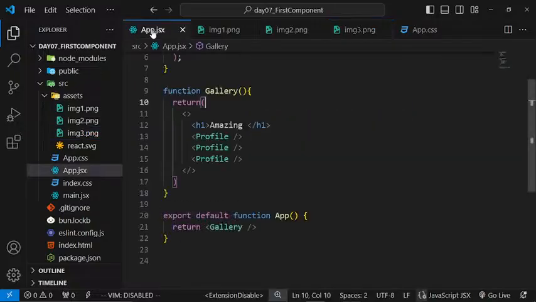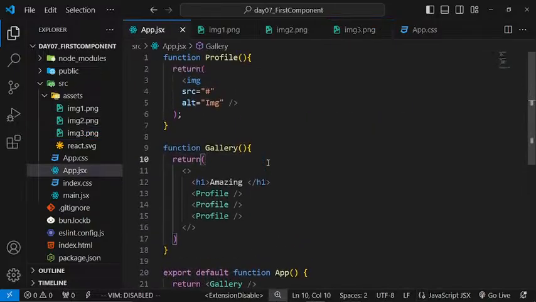Okay, now in the app.jsx I want to add the correct